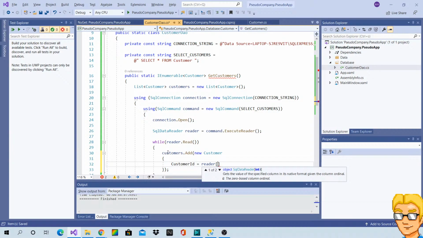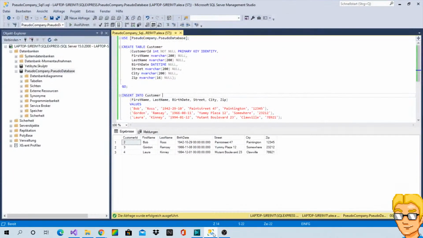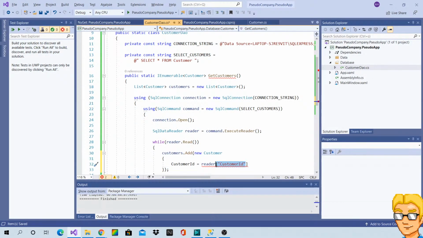Just, yes, the column name. So that's customer ID. And I think I named them exactly as the properties in the class, right? Yeah. Then I can just do this.